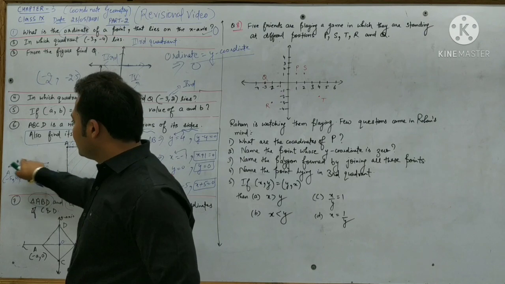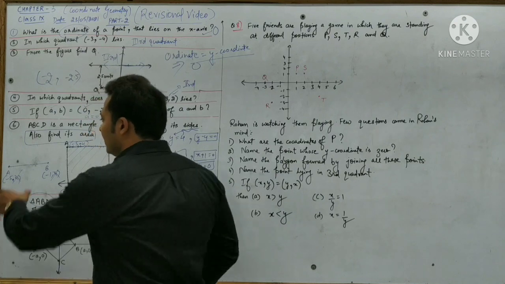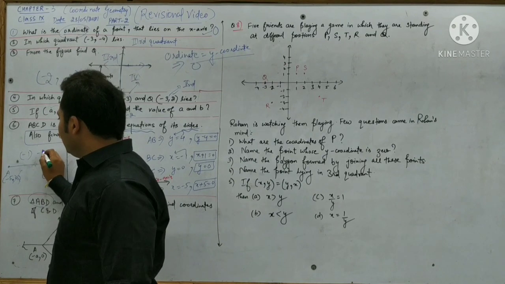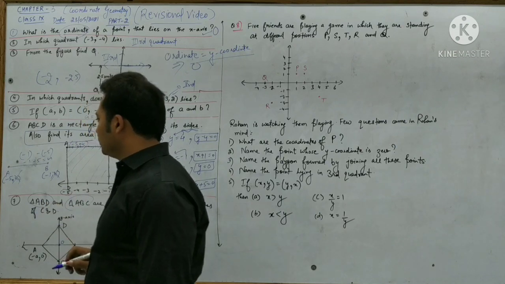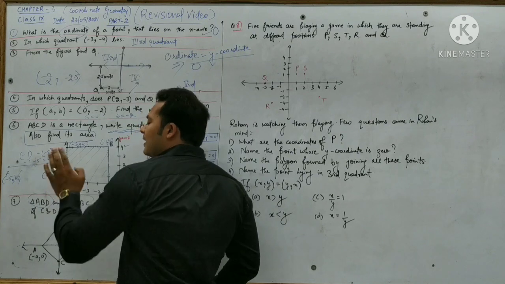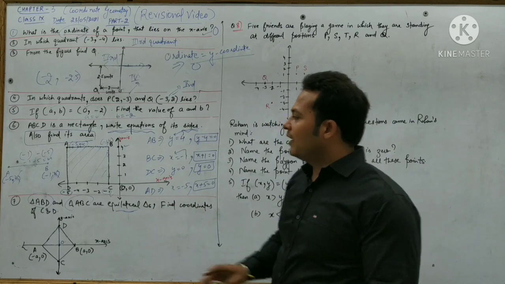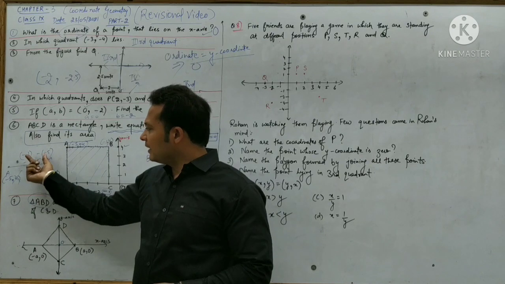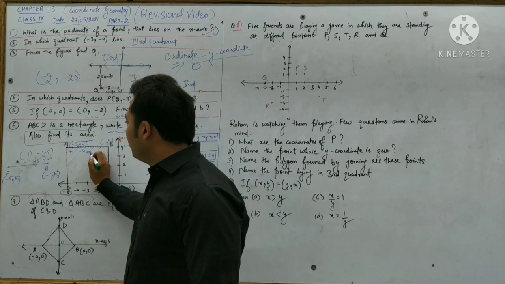Now we are to find the distance AB. Subtract these two, and you will get the value of this distance. Subtract -5 from -1. You will get distance equal to 4. If you had taken -5 in front, your distance would be -4. And all of you have studied physics: distance can't be negative. That's why I have taken -1 in front and -5 behind. When we subtract both, we get 4. So the value of AB will be 4 units.